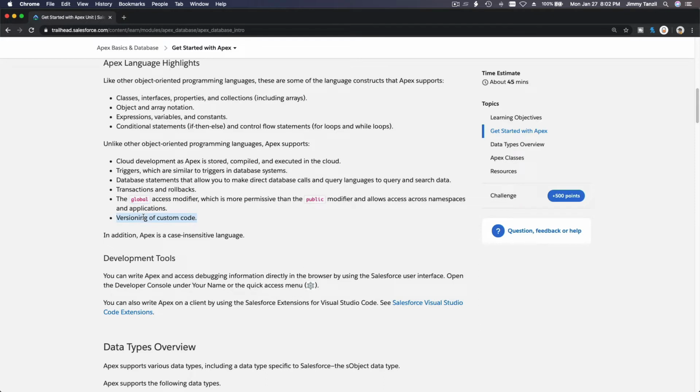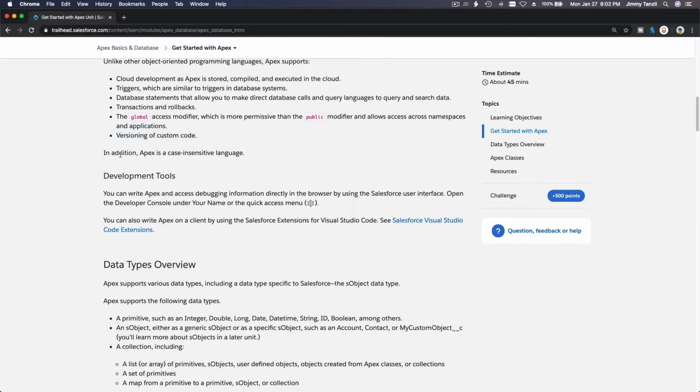Versioning of custom code. In addition, Apex is a case-insensitive language. So if you write your code with global with a capital G or a small g, it doesn't matter. Public with a capital P or small p, it does not matter. It's a